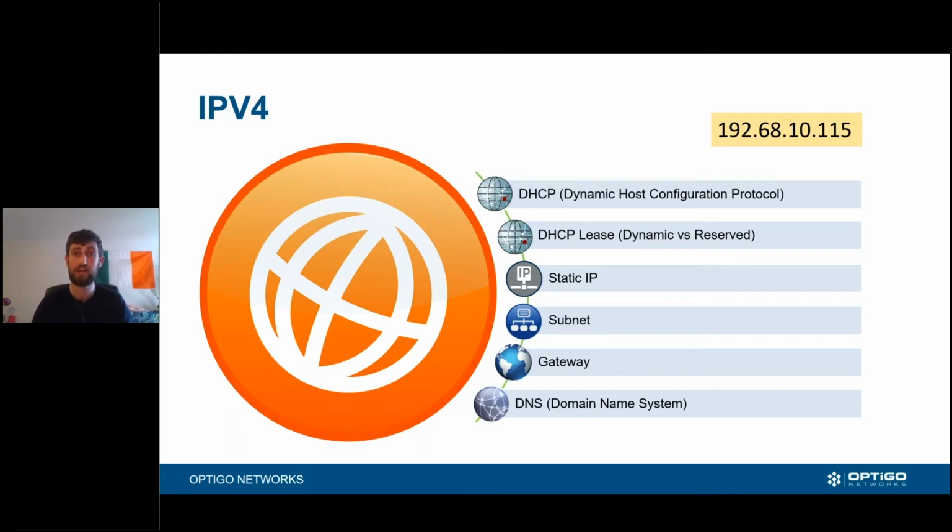DNS is the final stage. That's when you type in www.google.com. Now that is not itself an IP address. So we have to contact a DNS server, a domain name system, taking the name that we have typed in and converting it to an IP address of a server. Sometimes there's one server, sometimes, with something like Google or Amazon, we're going to have multiple servers. What we're trying to do is find the nearest one to us that has the quickest communication. So these are all the ways we break up IPv4 addresses.